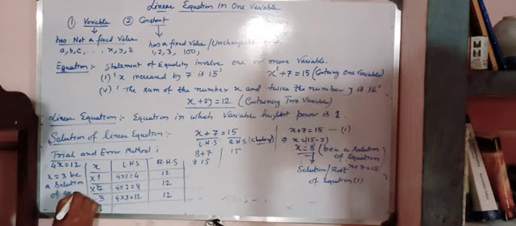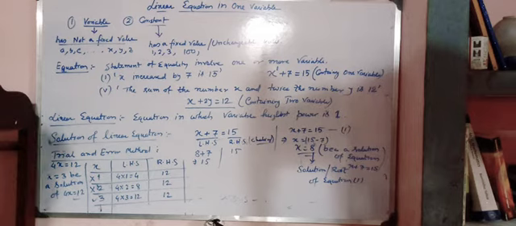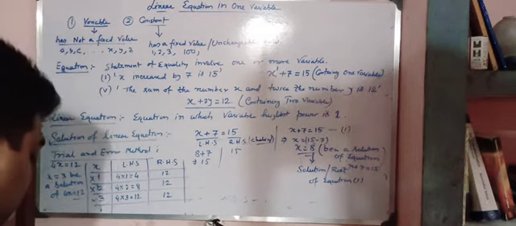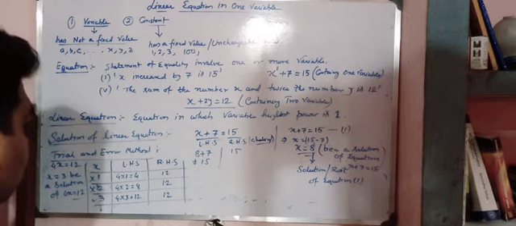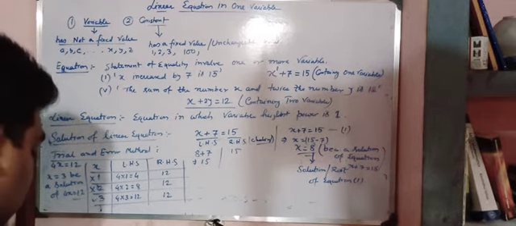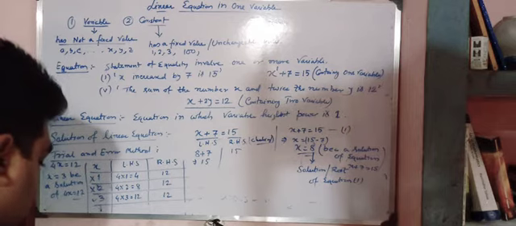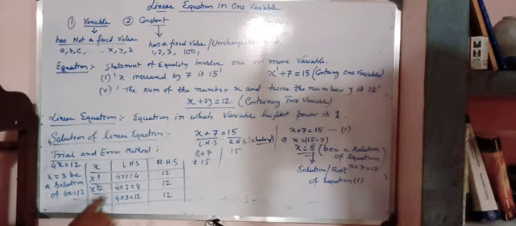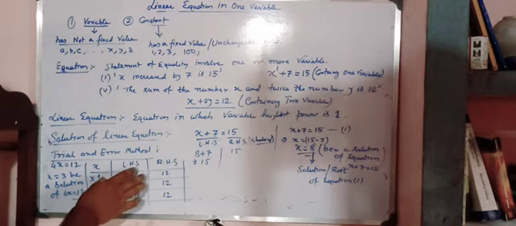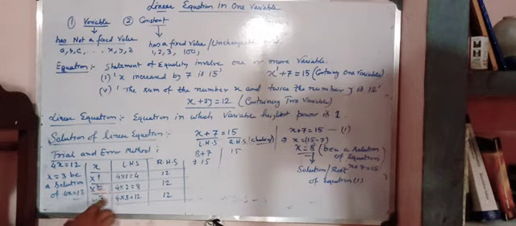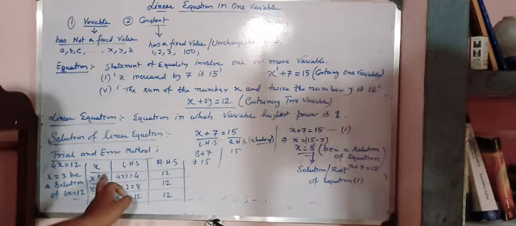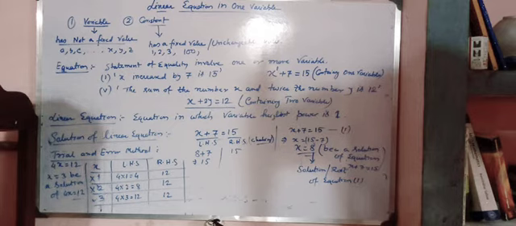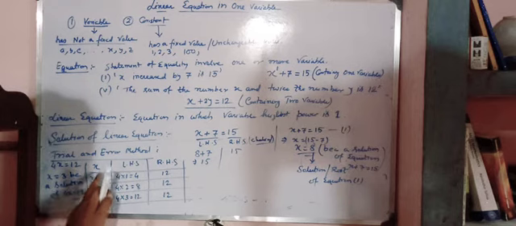of 4x equal to 12. Okay, similarly some more examples are given, so go through those examples so that you can understand the trial and error method better. Minimum we have to take 3 values, that is, we have to try minimum 3 times. In the table there should be 3 rows for the value of x. Understood? The minimum number of values of x that we have to take is 3.